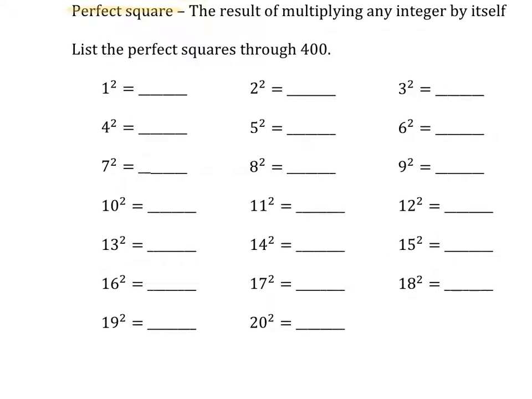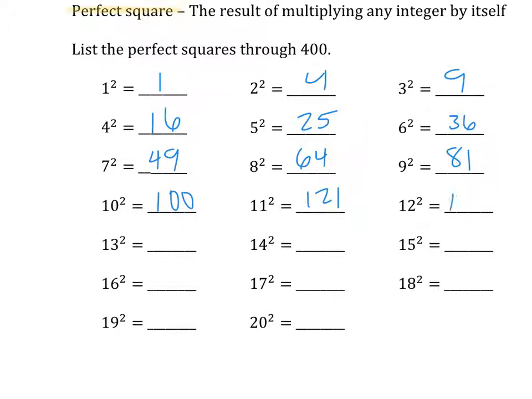Starting with 1. Well, we know 1 squared is 1, 2 squared is 4, 3 squared is 9, 4 squared is 16, 5 squared is 25, 6 squared is 36, 7 squared, 49, 8 squared, 64, 9 squared, 81, 10 squared, 100, 11 squared, 121, 12 squared, 144, 13 squared, 169, 14 squared, 196, 15 squared, 225, 16 squared, 256,